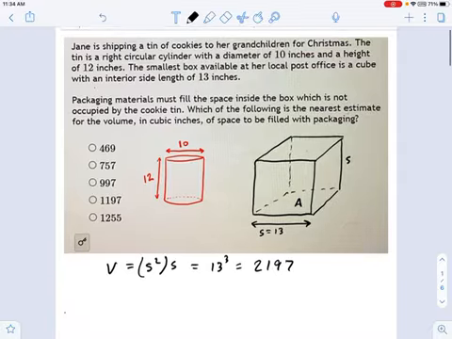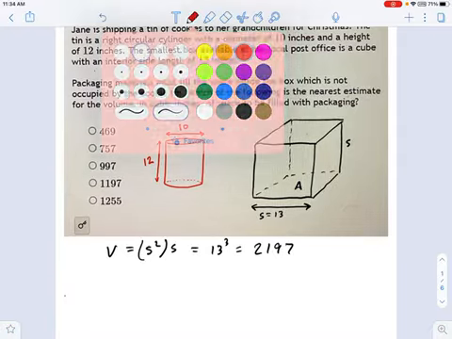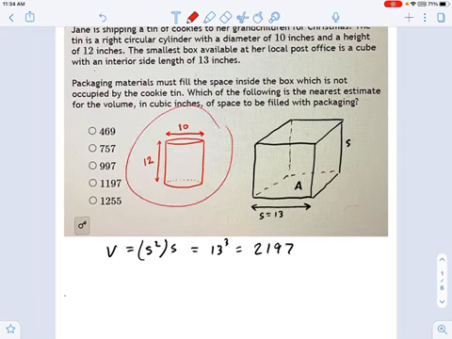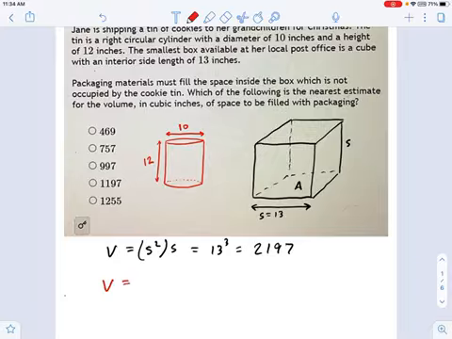Now, why did I go through this whole thing of the area of the base times the height? Because I want to help you figure out the volume of a cylinder without necessarily memorizing that formula. If you've got the formula for a cylinder memorized, great. But many people don't. So what's the area of a circle? And I'm talking about this little circular section at the bottom, the base of the cylinder. What's the area of that? Well, that area is equal to pi r squared. Right? We should know that one.